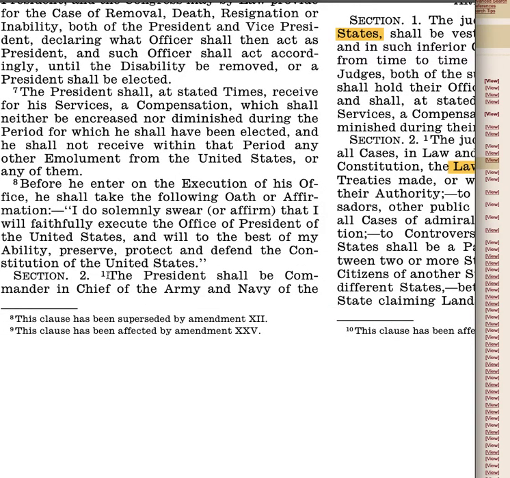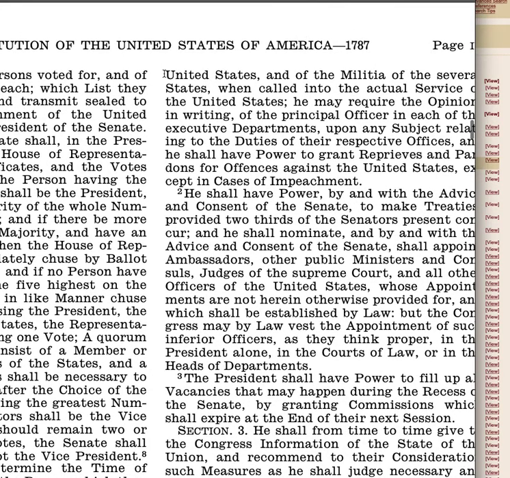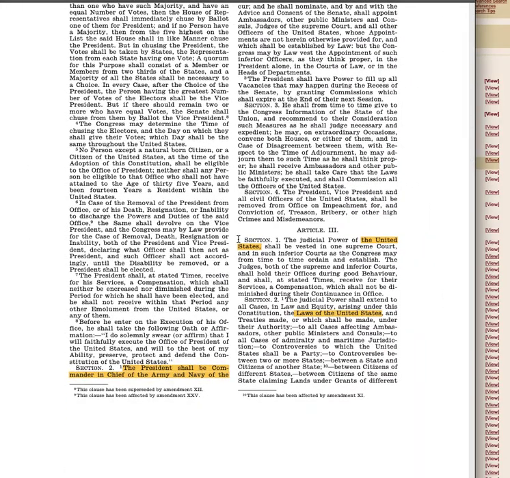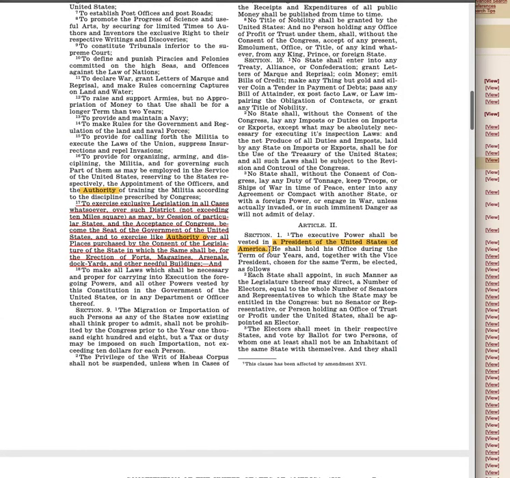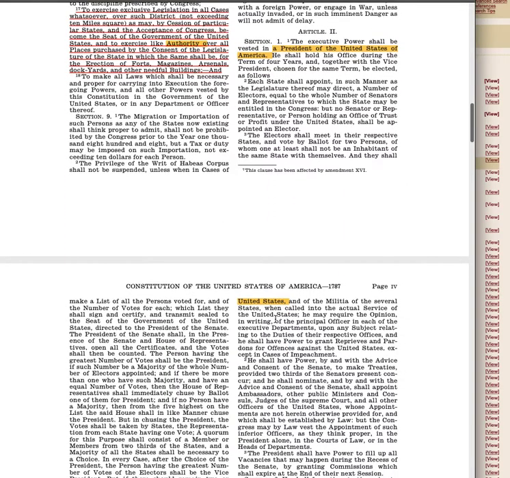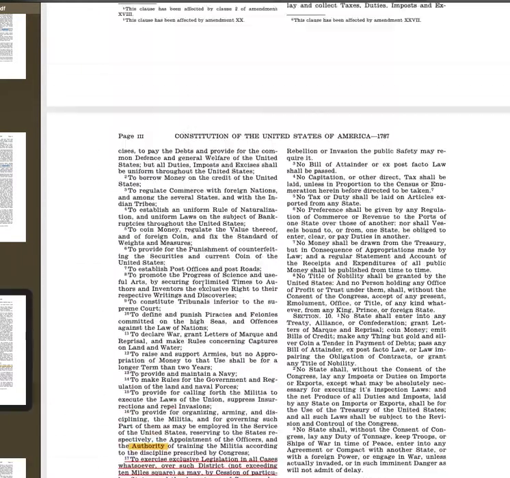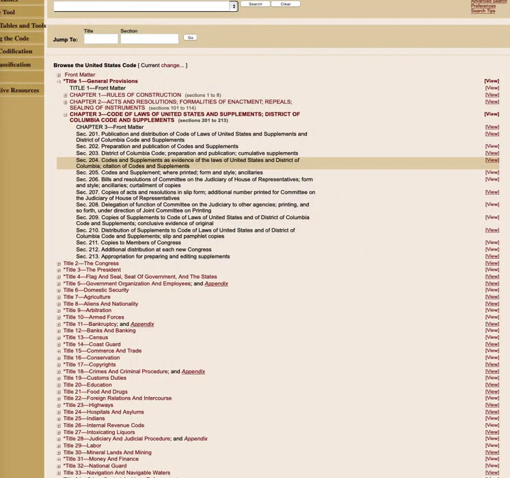Section 2. The president shall be the commander-in-chief of the Army and Navy of the United States, not the United States of America, because the United States are the federal areas for federal purposes, which was for defense, and the United States of America are the other places, the places off federal forts, off federal lands, off of military posts. And that's what the Constitution does say.